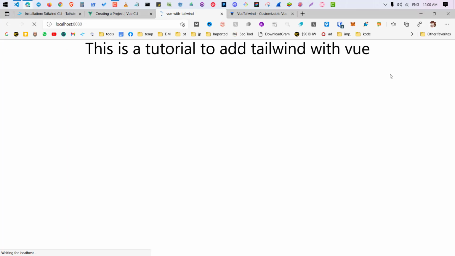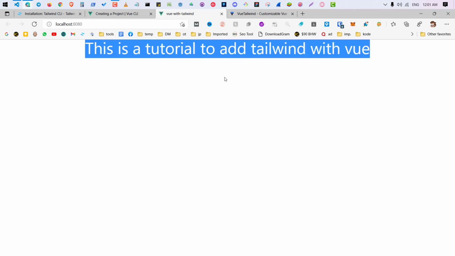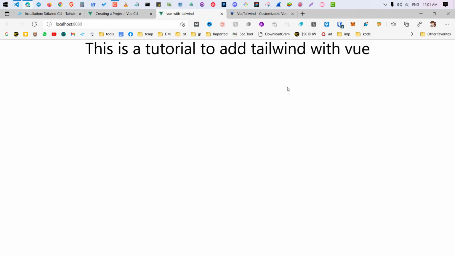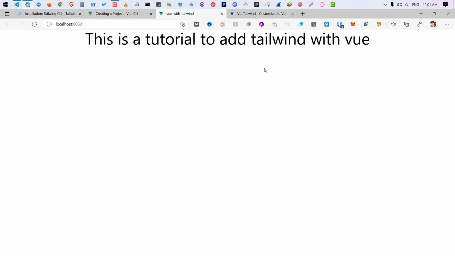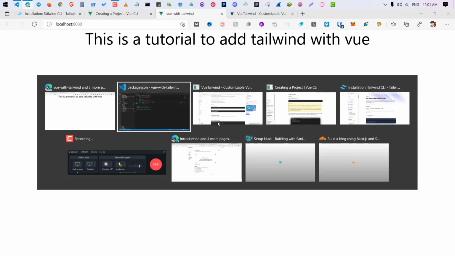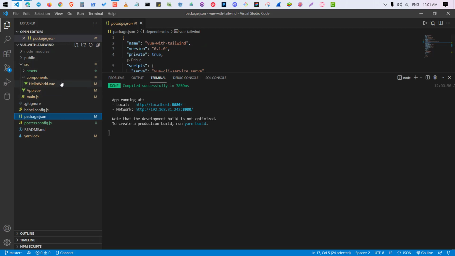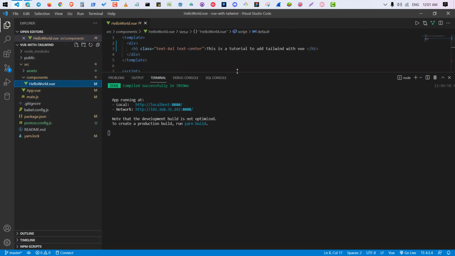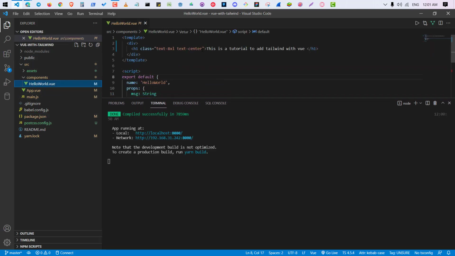So as you can see that Tailwind CSS is working totally fine in my project, and there wasn't much of an issue to install that. So I think this is the best way to install Tailwind CSS. Let me add a few more code just to show you. px